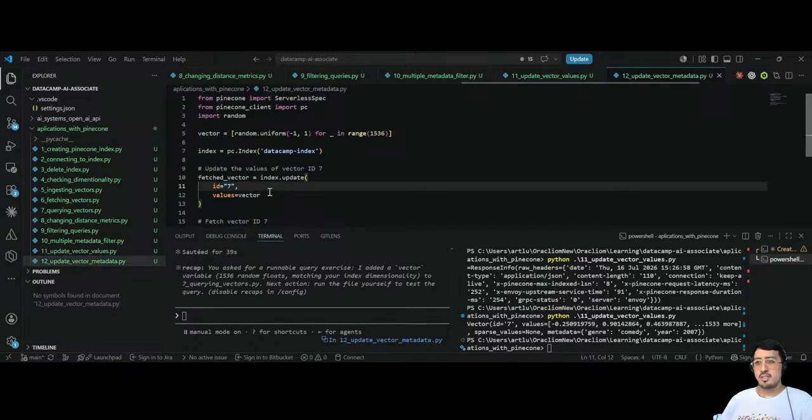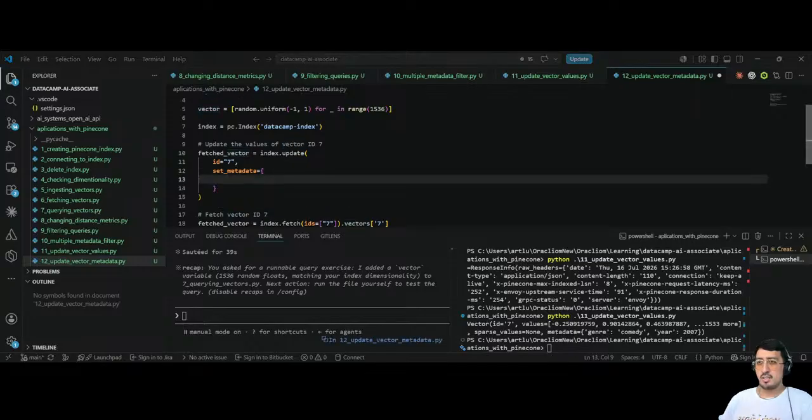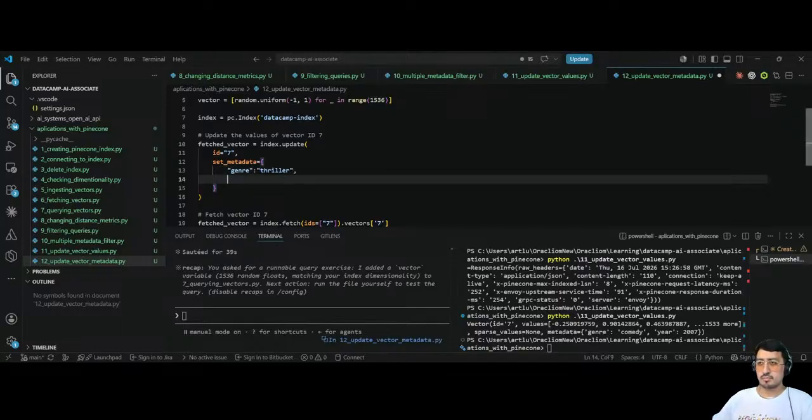This is not a vector, but I need to call now the set metadata, and this is gonna be a dictionary, and in this dictionary is gonna be the genre, which is going to be thriller, and then the year is gonna be 2024,